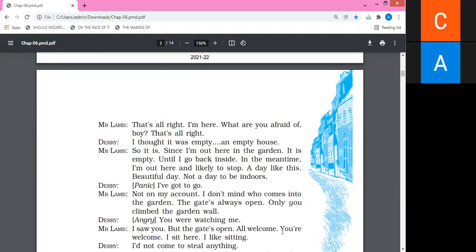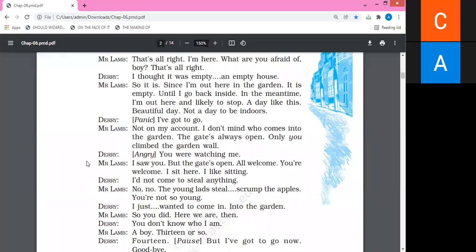I wanted to highlight one more point. He was also welcome in that particular garden. I sit here. I like sitting. Just highlighting that he was outside. He was not inside the house because he was enjoying nature. Related that he liked sitting over there in the garden. He never liked to be inside the house. The reason behind that was that on that particular day, weather conditions were very fine. Very fine. Daddy. I think it is very clear up to this particular point.